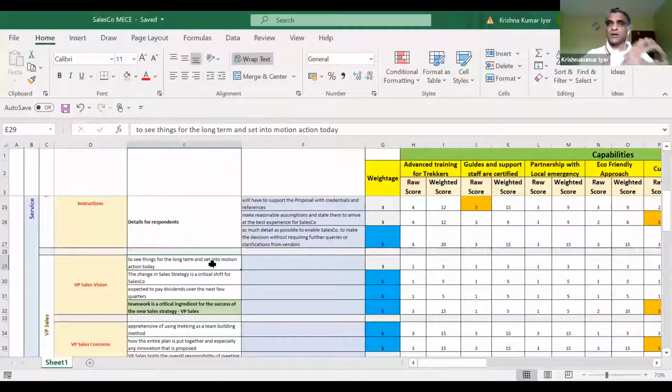Remember, while the client states certain things in the RFP, there are also unstated expectations and unstated concerns. Hopefully your salesperson, if he or she has established a good relationship with the client, knows about them. So here is one step by which you can capture them and treat them like an issue, and that goes into this issue tree as well.